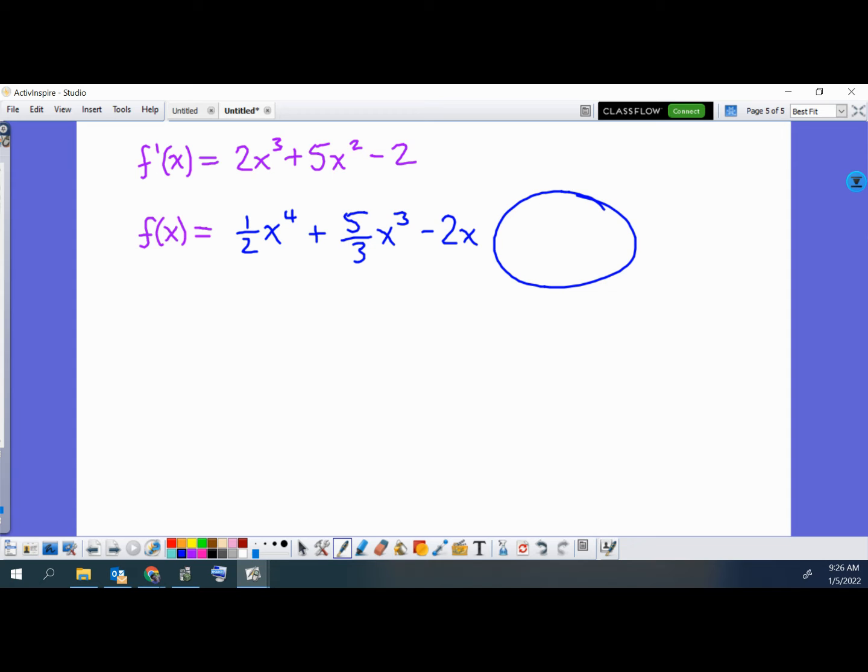Nate? We do plus C. You got it. Uppercase C is a customary thing to write there. It's called the constant of integration. We'll talk more about the word integration later. Doing an antiderivative is a form of integrating. But that constant of integration, when you do